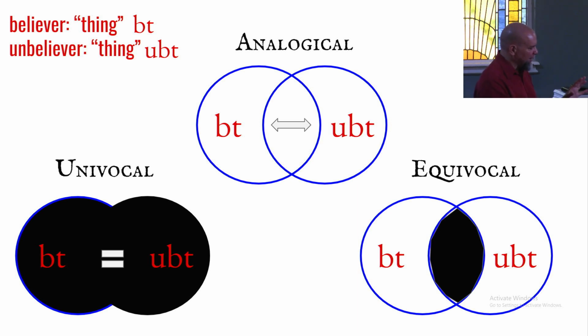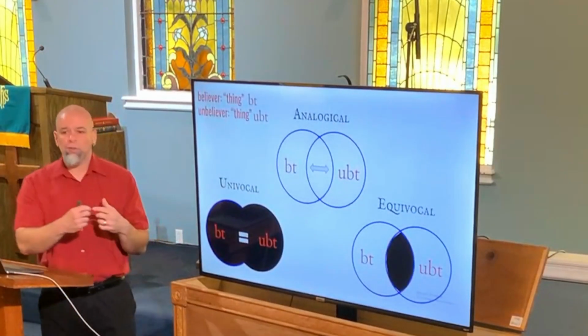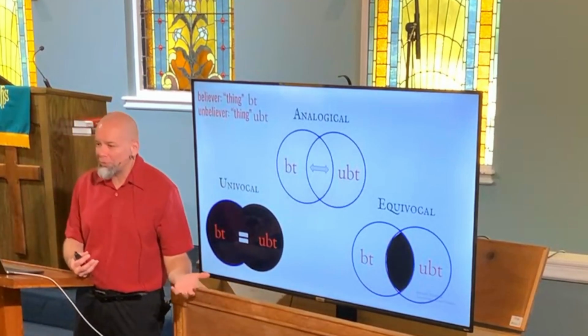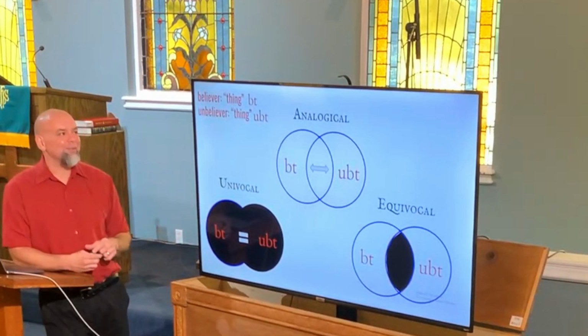Why? Because there was always a big debate. And this debate actually happened between Gordon Clark and Cornelius Van Til when they were talking about the difference between what man knows versus what God knows. At one extreme, Clark's extreme, you could say, no, there has to be an absolute identity between the truth as it is in God and the truth as we know it. Van Til was saying, no, there is no similarity. Now, that, us versus God, can be flipped on its side, man versus man. And in this case, the believer versus the unbeliever. When the believer says the word thing versus an unbeliever saying the word thing, Van Til would say they mean two totally different things. Now, that's where Clark's interesting, because he's a presuppositionalist as well.